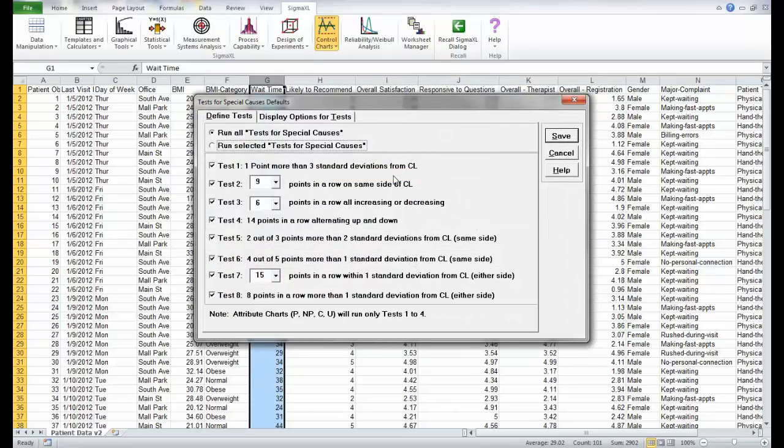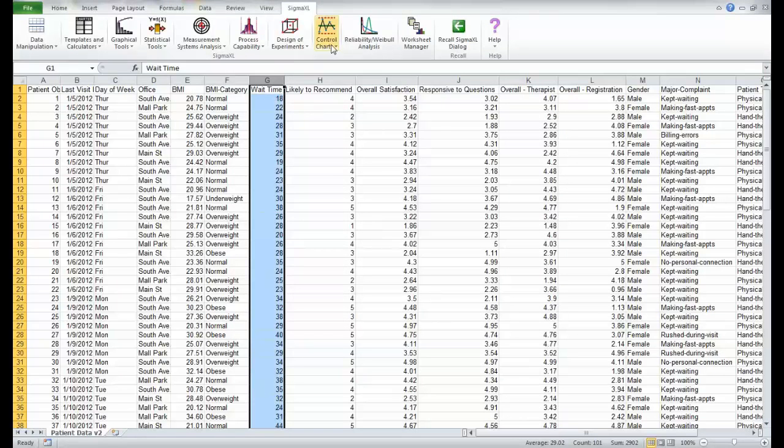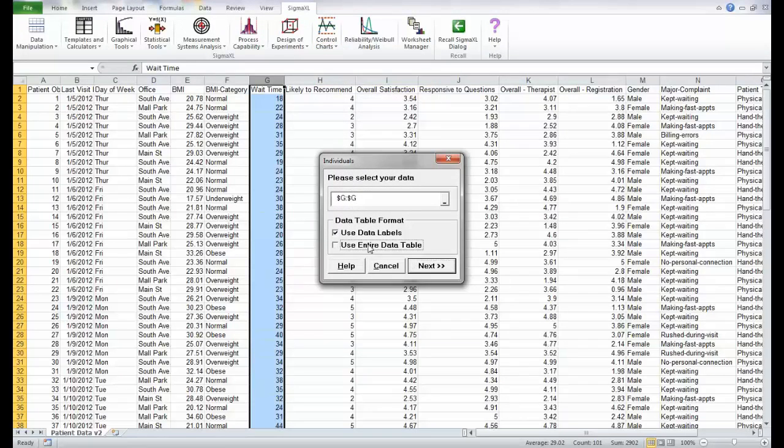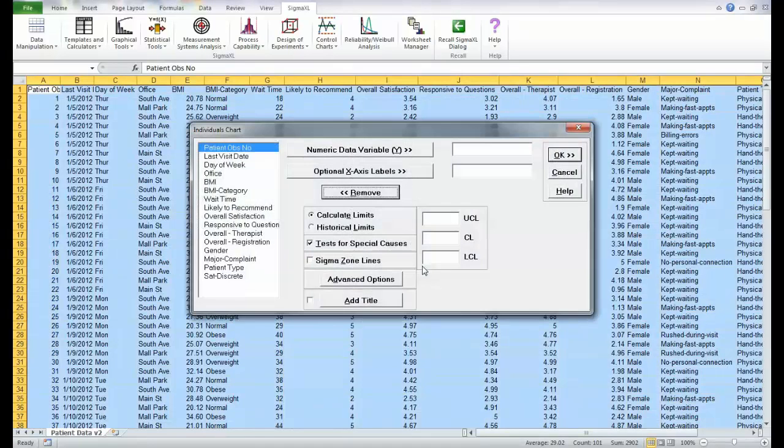When we select that, you'll see all 8 of the tests. And we want to make sure that the button marked Run All Tests for Special Causes is checked. You only really need to do this once. Once that's turned on, it will stay turned on. We'll save. Then let's go to Control Charts, Individuals, Entire Table next, and we will select Wait Time as our